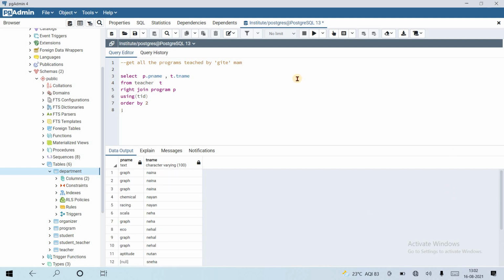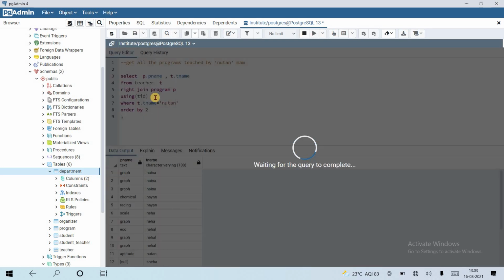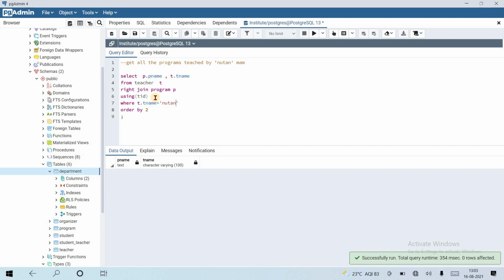No, we have no teacher named Geeti, so we can use Nutan here. The where condition comes before order by, so where t dot t name equal to Nutan. Oh, but here there is no teacher Nutan.